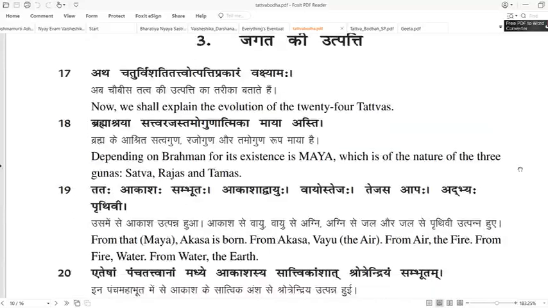So we shall go into this one by one. Just we'll learn the steps into which we are going, how we are going to go into this. So first he enumerates the total parts of this reality.